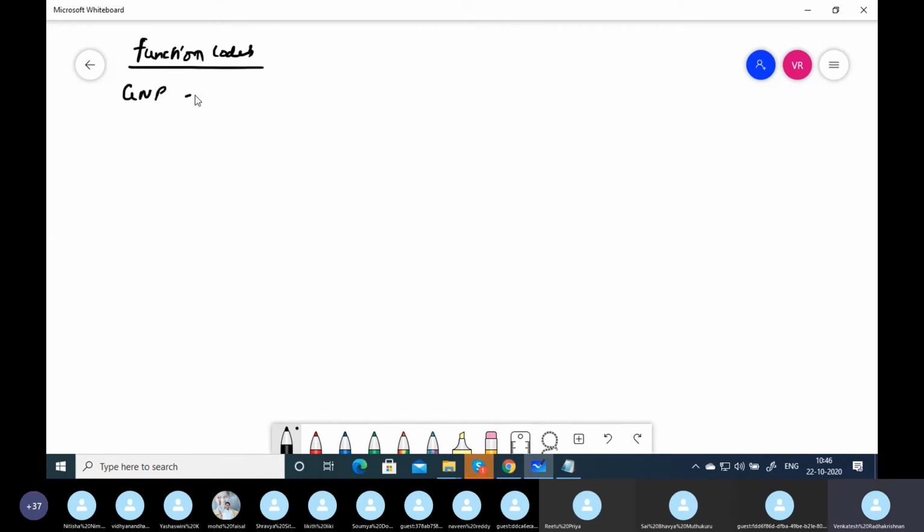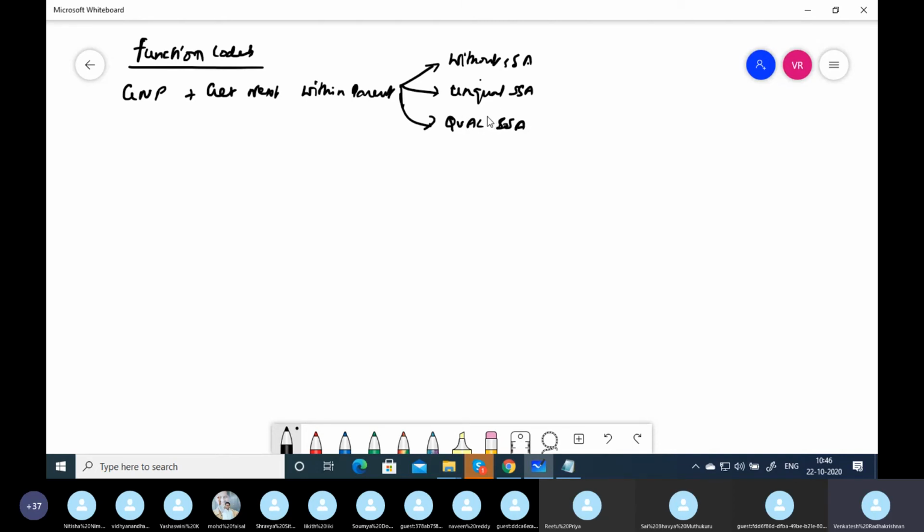So GNP stands for get next within parent. It can be given without SSA, with unqualified SSA, or with qualified SSA also. If it's given without SSA, it is going to read all the segments under an established parent. If we give unqualified SSA, it is going to read only that segment. And if you give qualified SSA, it is going to read that segment with that field name. Okay, for example,